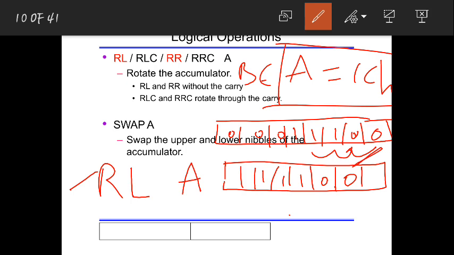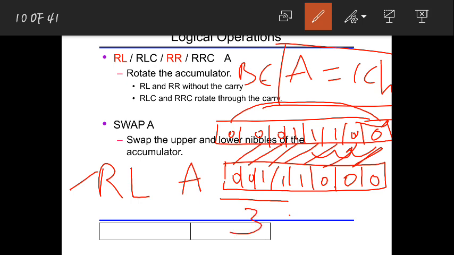See, this came here, this 0 came here, this 1 came here, then this 1 was here, then this 1 is here. Now the next 0 will come here, next this 0 will come here, and next this 0 will move towards D0. Now according to this, the value you got is 0011, which is 3, and 1000, which is 8.